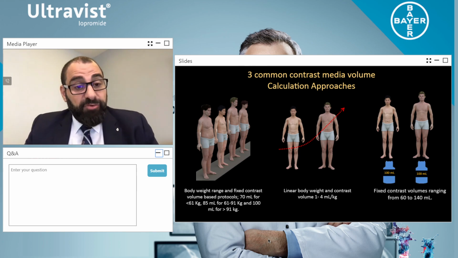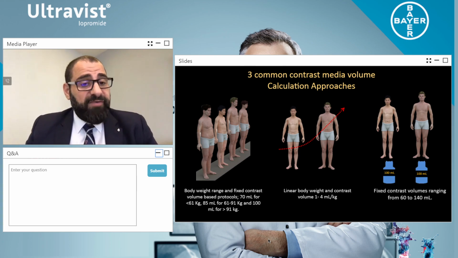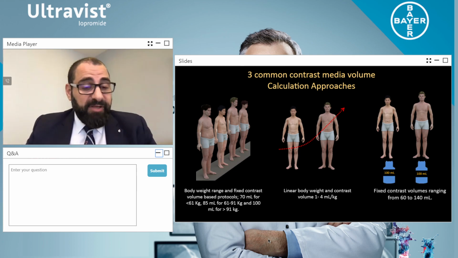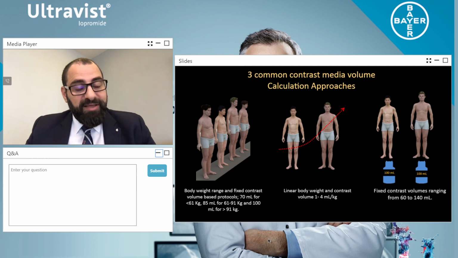And also there are rumors out there about a monomer, which is Ultravist, and then a dimer, which is the competitor, saying which contrast media is safer. To be honest, under all the guidelines and all the research undertaken in the last 20 or 30 years, there has been no direct evidence, because there is no control group to prove which is the safer contrast. The thing is, if the patient is safe to be given contrast due to their hydration status, then we have to look at contrast in a different way.